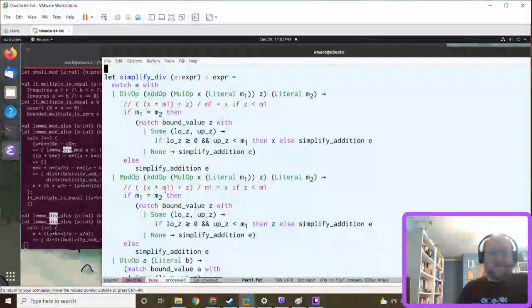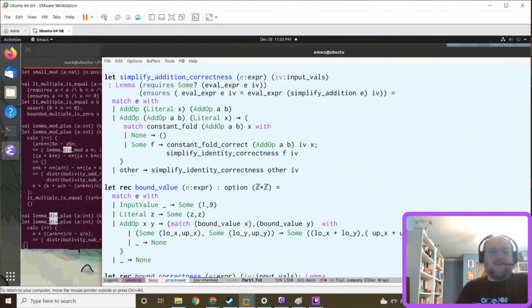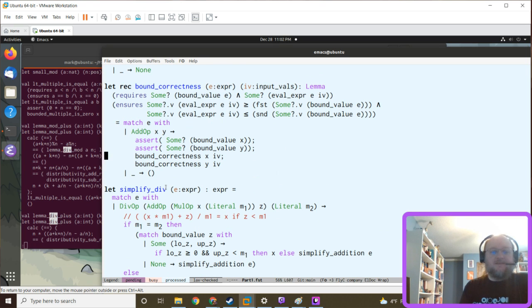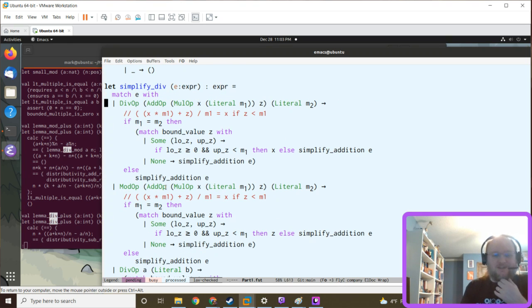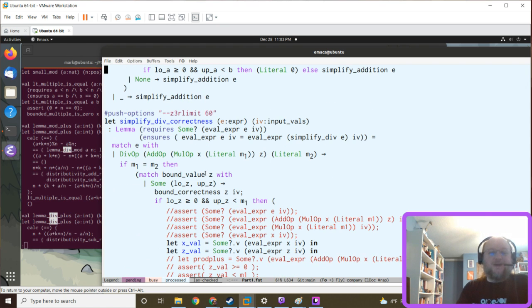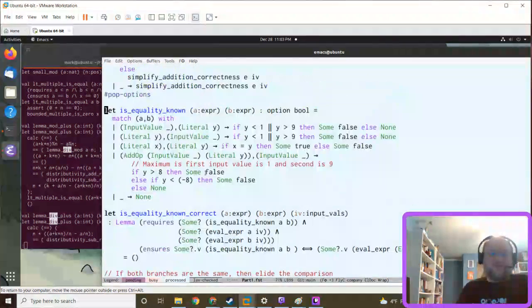And so the really tough one is these simplifications of division and modulus operations. So if we multiply by something and add a small value and divide, we get the original value back. Or if we multiply something by a number and add a small value and take the modulus, we get the value we added back. So those are fairly simple to write as transformations, but the correctness proof is about twice